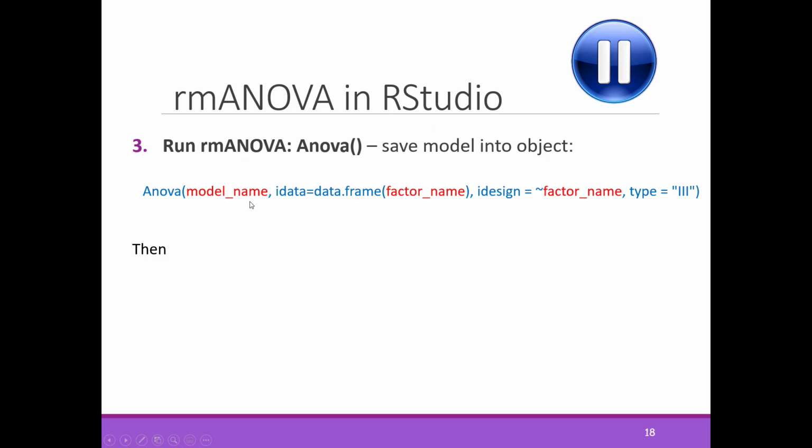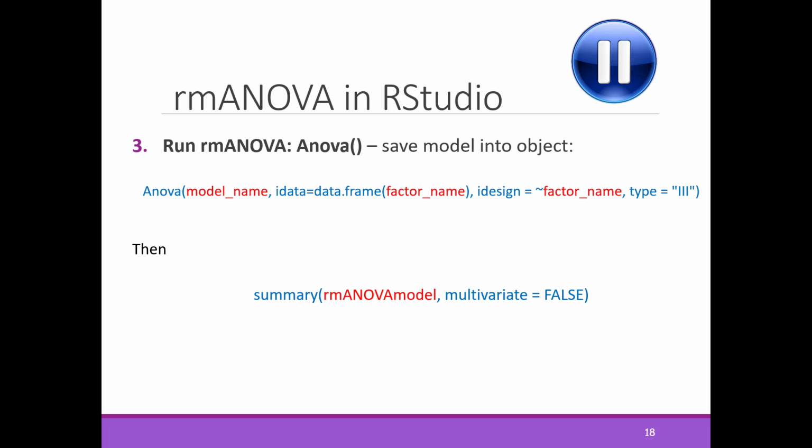And then you would want to give that particular LM model that you just ran, you want to plug in that object here and then fill in the rest here. And then the factor object that you created in step 1 would go in here and here. Once you save this entire long model into an object, then you can run a summary on it. And be sure to tell RStudio that multivariate equals false, otherwise you're going to get some different output that you